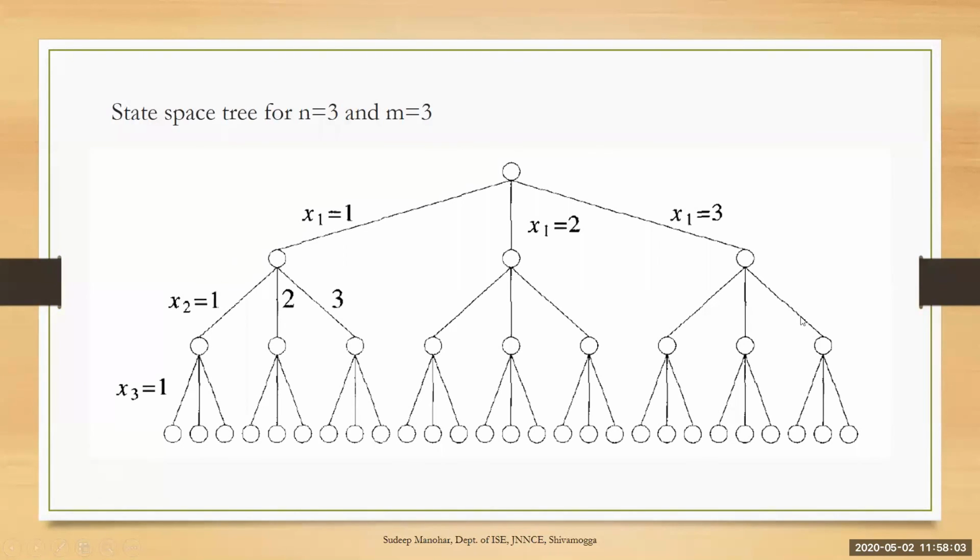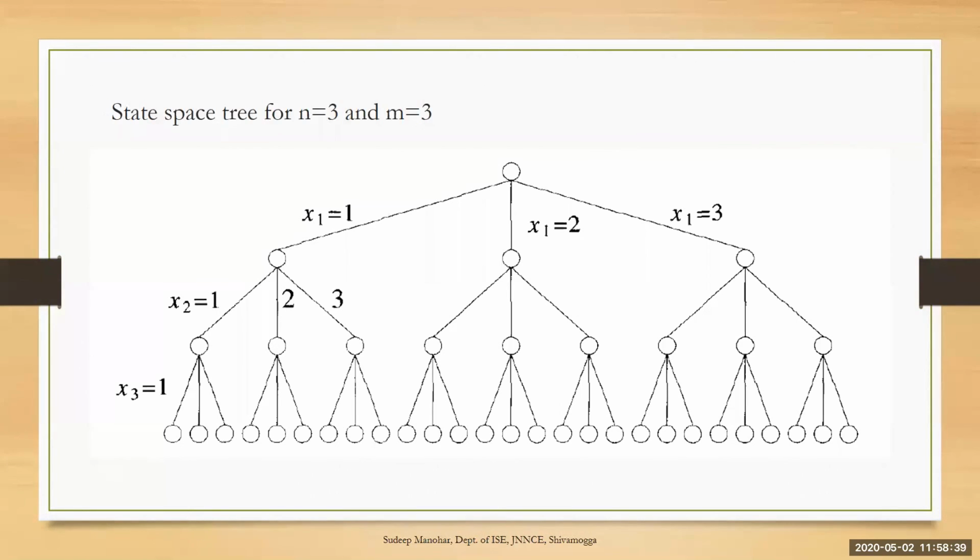So not just by having the state space tree can we get the results. Along with this, you have to use the graph. We have to use the adjacency matrix in coding to see whether the nodes are adjacent. If they are adjacent, then you cannot color them with the same color. For example, if vertex 1 and vertex 2 are adjacent, then color number 1 cannot be given to these 2 vertices. So once again, you have to backtrack to the previous step and come to the next option. So like this, the graph coloring continues.